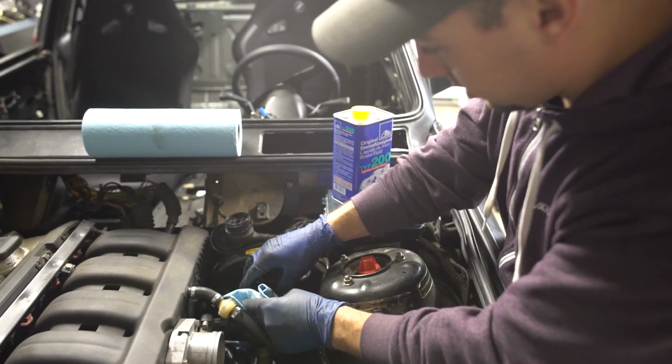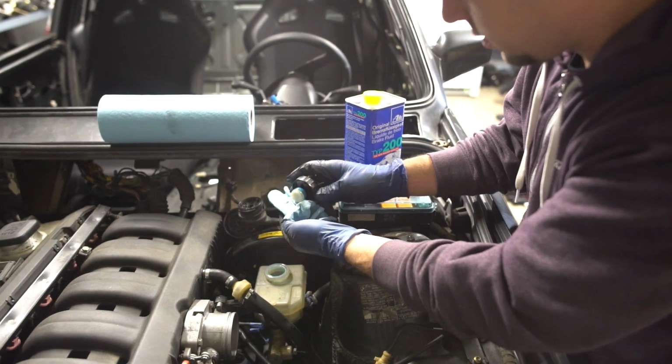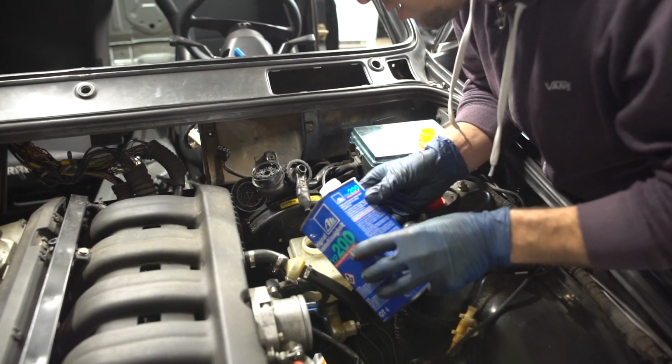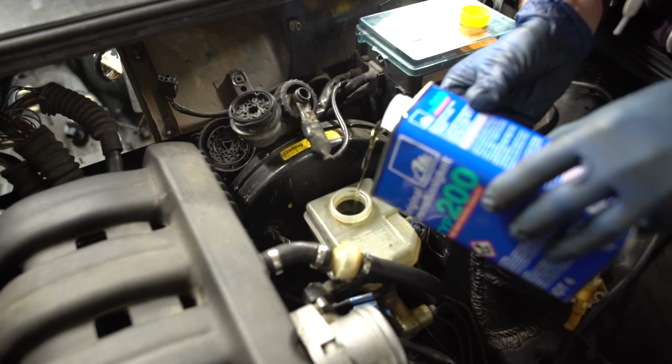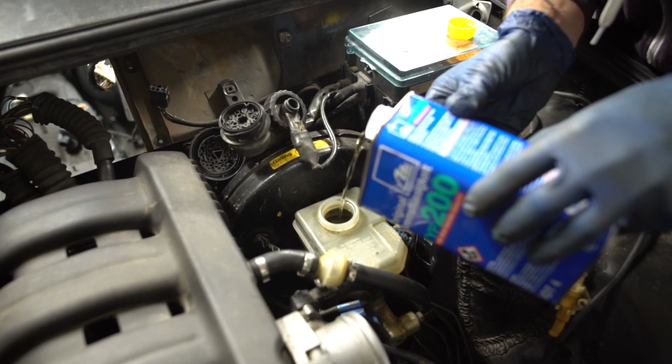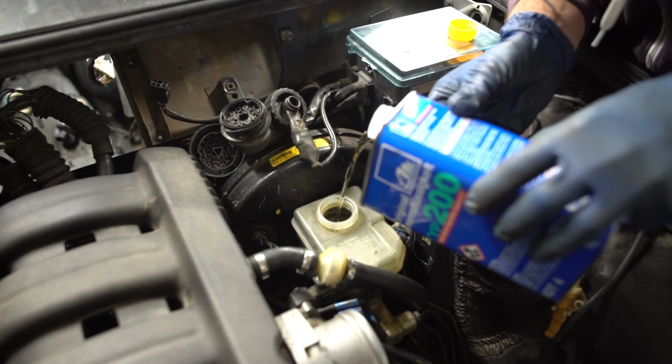The final step of the install is to bleed your entire brake system. Make sure you always have enough brake fluid in your reservoir while bleeding, and start with the brake caliper that is the furthest away from your master cylinder. In our case, it's the rear passenger side, and then the driver rear, and then the front passenger, and lastly,